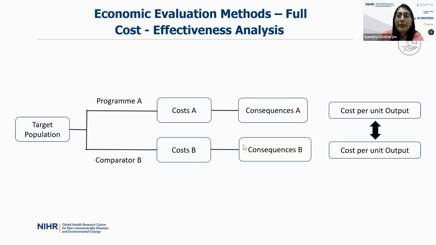Yeah, so if the vaccination is reducing the hospitalization, meaning that you are getting a lesser number of hospitalized cases, then your output is finally the number of cases hospitalized in your program and comparator. You have two different numbers and compare those. So that's what you should do at the end of the day. So this is cost effectiveness analysis. I hope you understood this. If there is any other question,